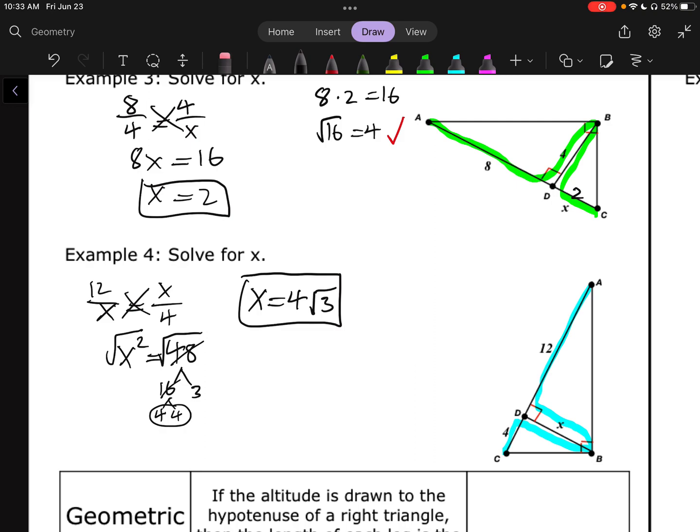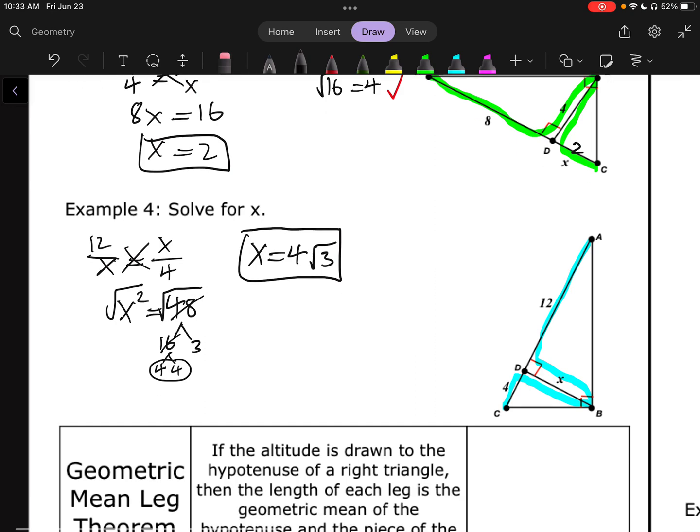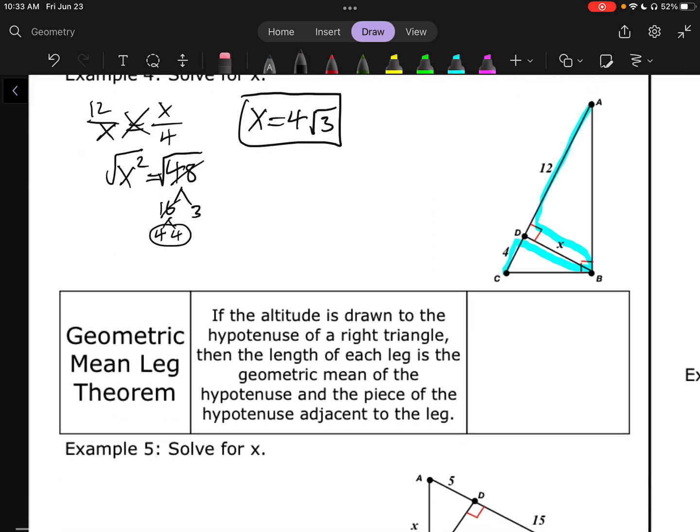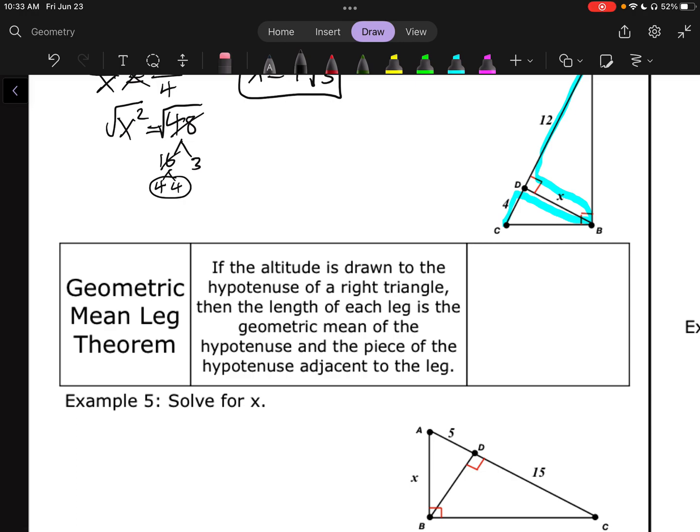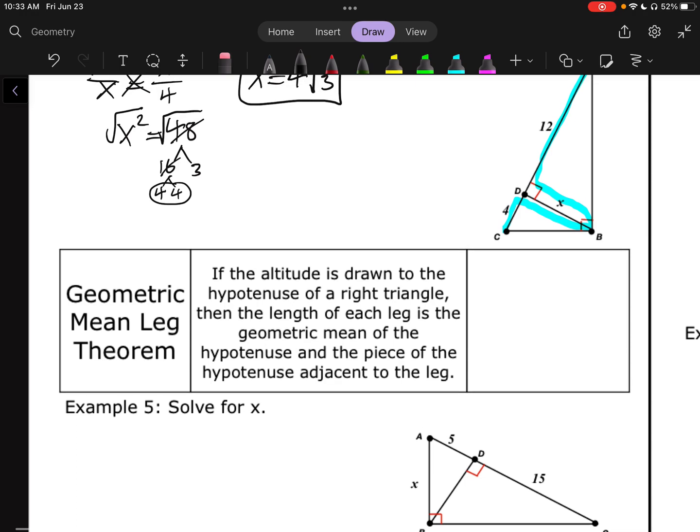All right. What do we have next? Okay, so another geometric mean thing, but this time we're not dealing with altitude, we're dealing with the leg. So this says that if the altitude is drawn to the hypotenuse of a right triangle, then the length of each leg is the geometric mean of the hypotenuse and the piece of the hypotenuse adjacent to the leg. Okay, so this one,